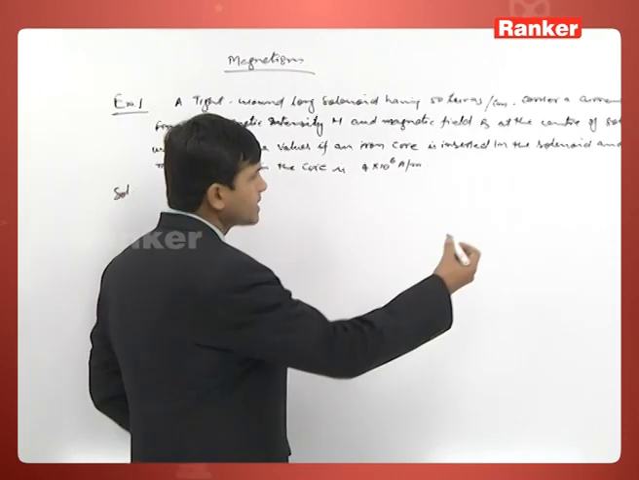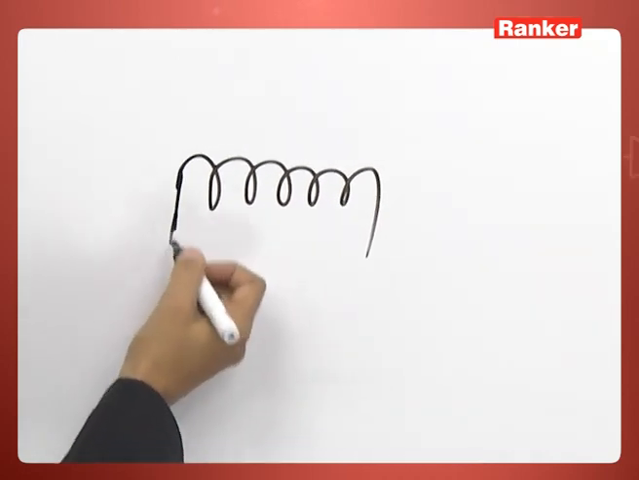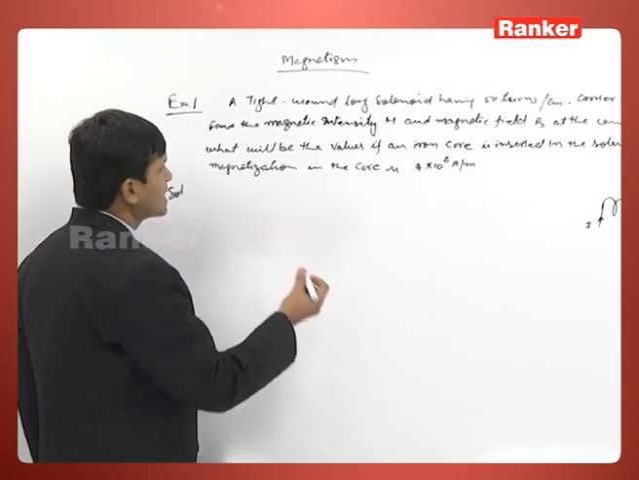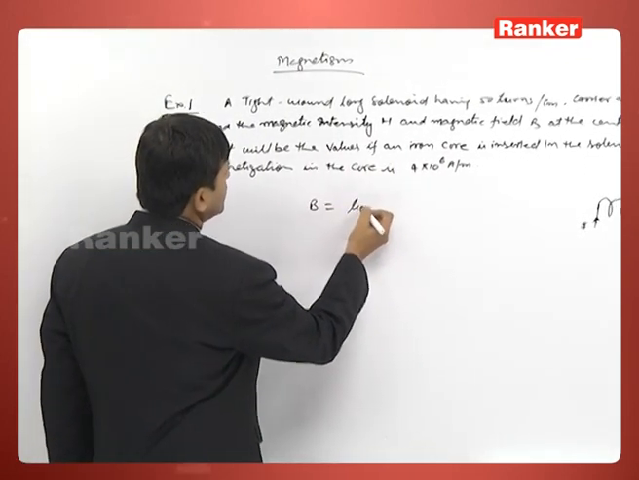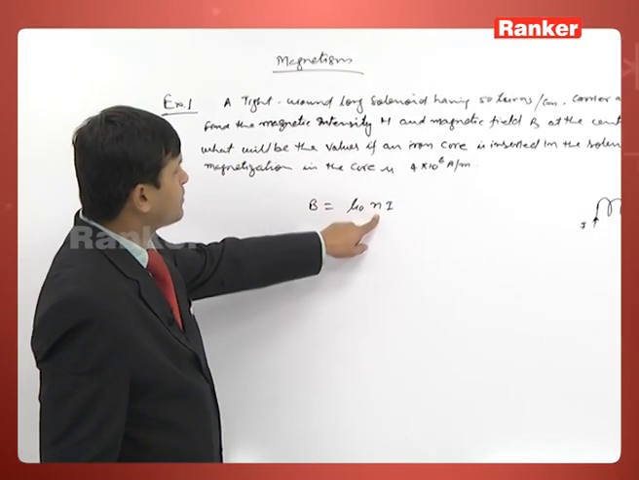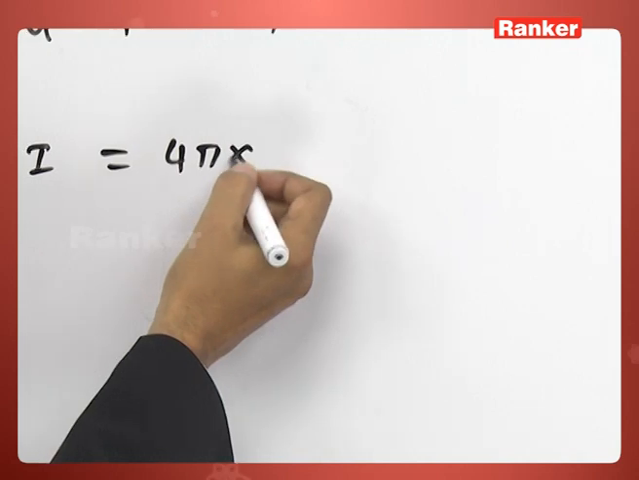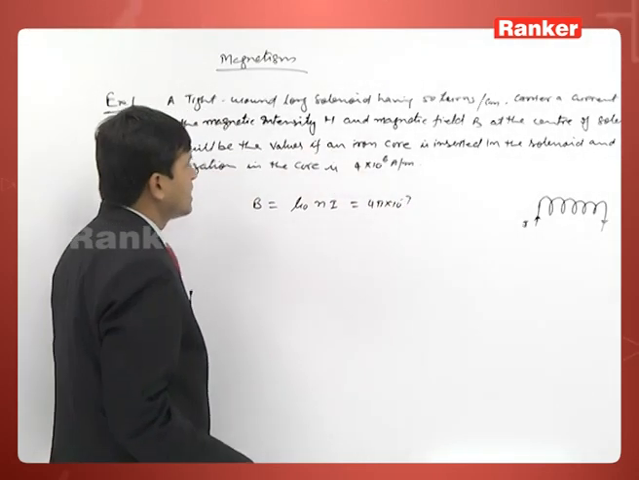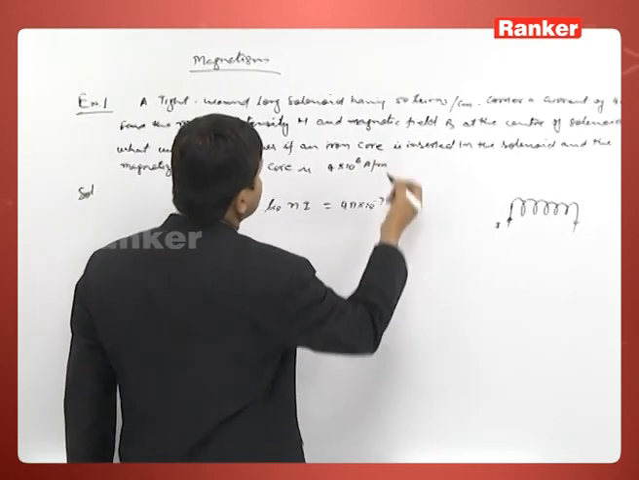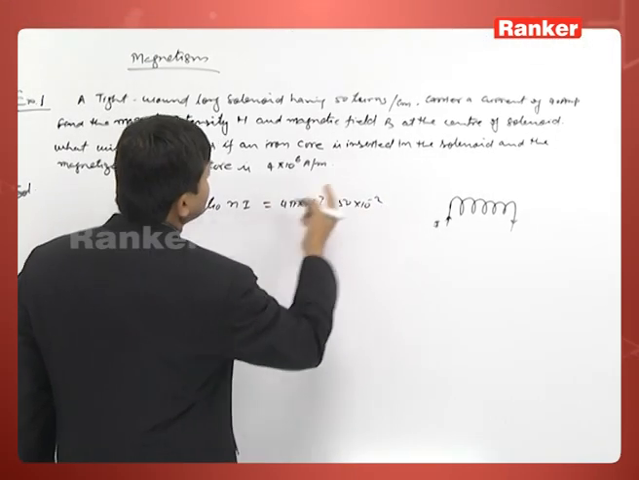It means what is given here, this is the solenoid and the current in the solenoid is I. So first they are asking the B value. So directly we can get B is equal to mu naught N into I. N is the number of turns per unit length, and the value of mu naught is 4 pi 10 power minus 7, and